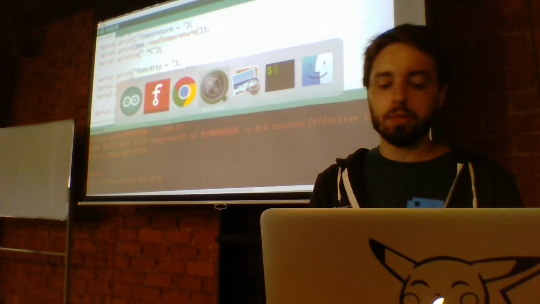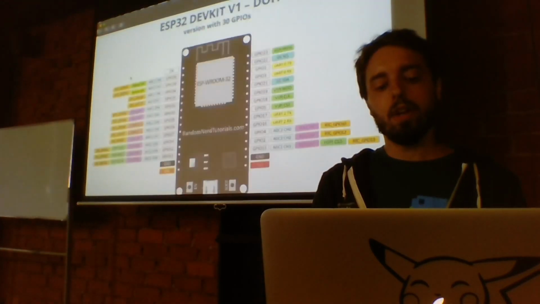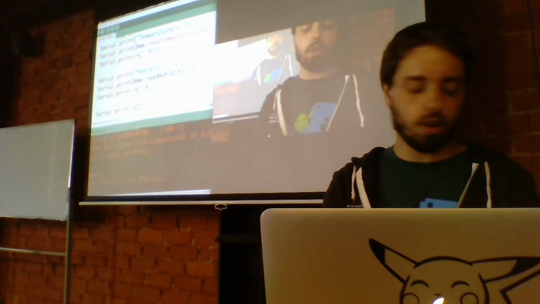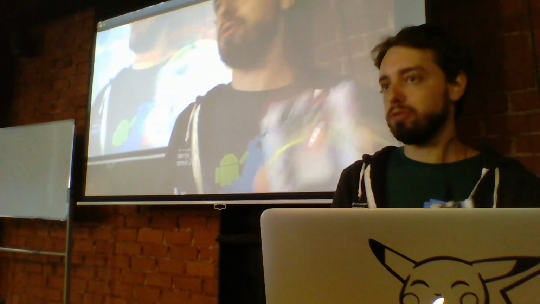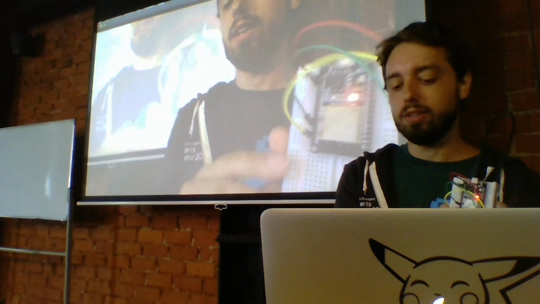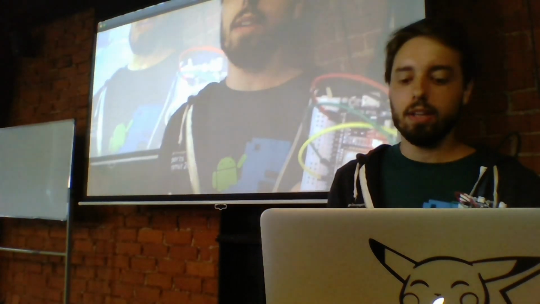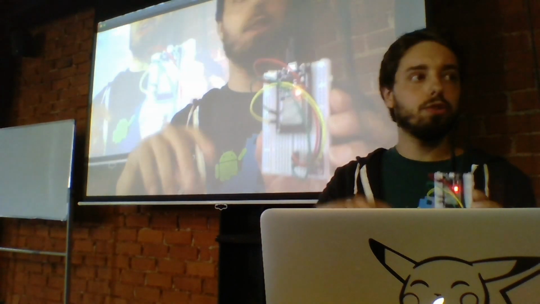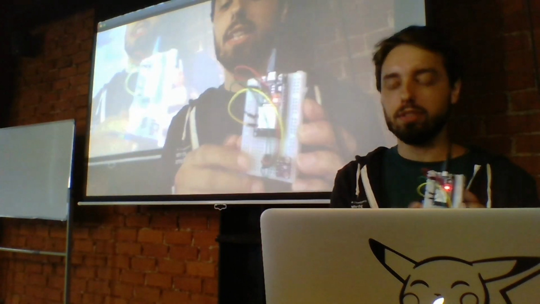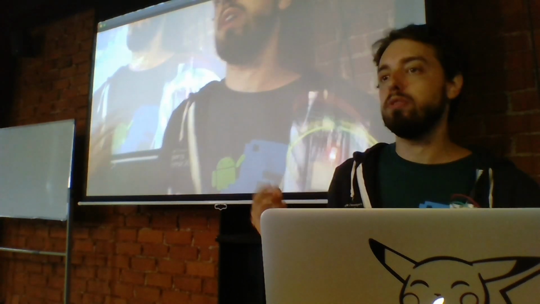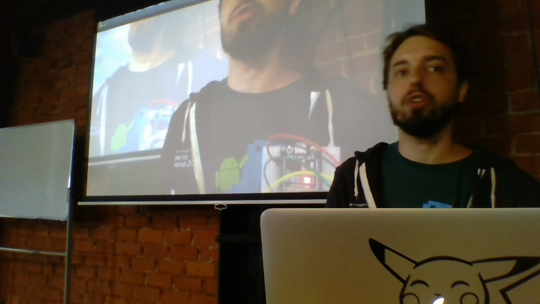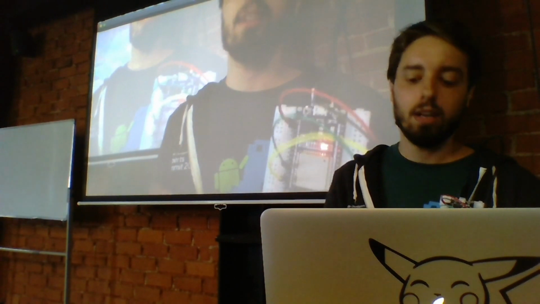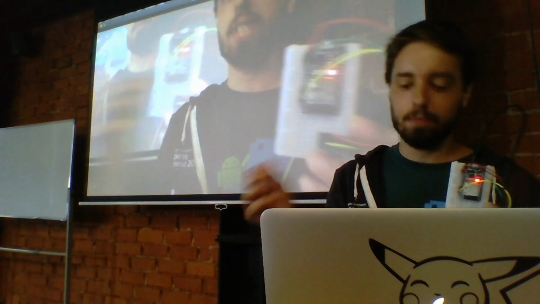Of course, we don't want just to have the current temperature locally. Remember, this microcontroller has an antenna to connect to the Wi-Fi. So what we would like to do is send the temperature to the internet. So you can send the temperature to the internet in the way you want. You can use any protocol you want. You can use HTTP, for instance. You can use MQTT, which is a lightweight protocol for the Internet of Things to send messages.